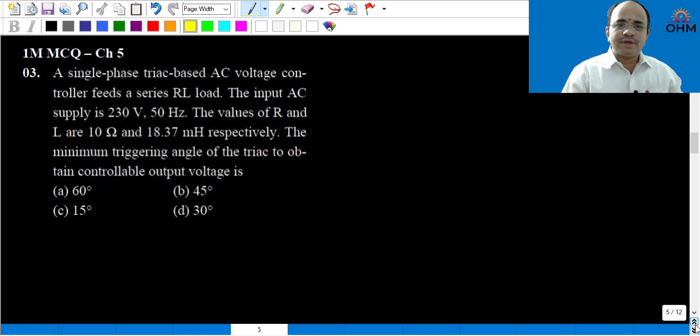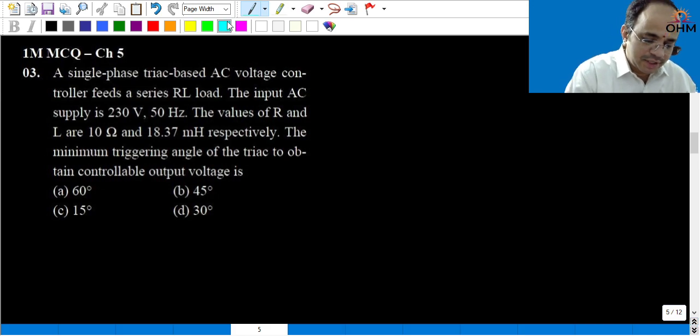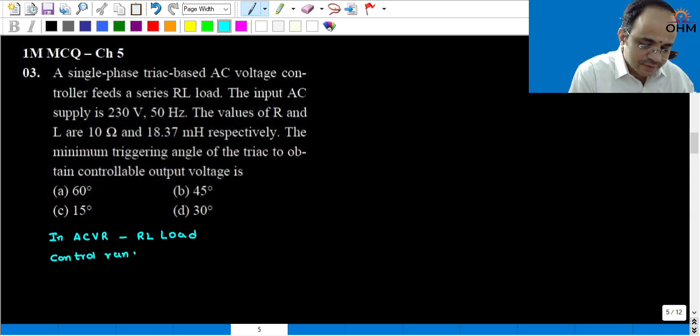What is the minimum triggering angle of the triac to obtain controllable output voltage? Now, in case of AC voltage regulator with RL load, the control range for an output voltage, control range for V0 is